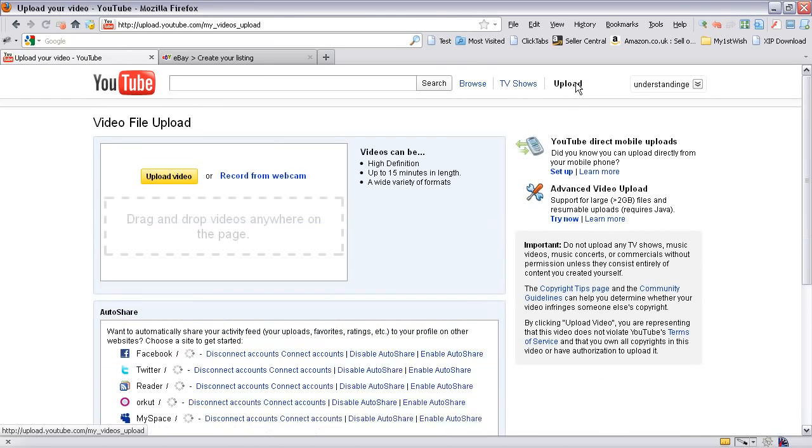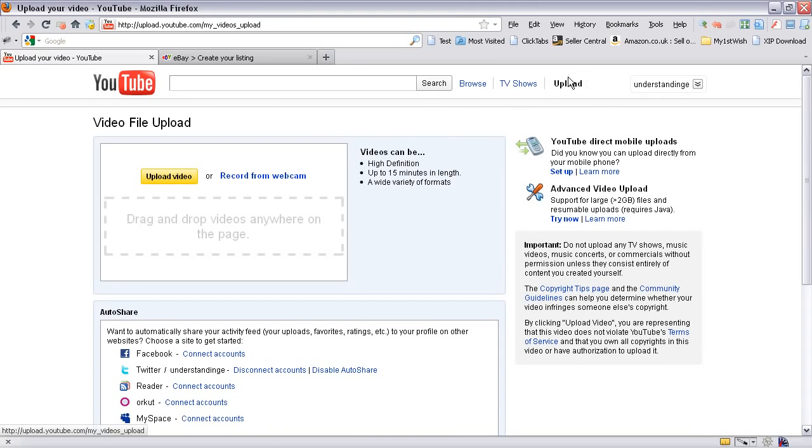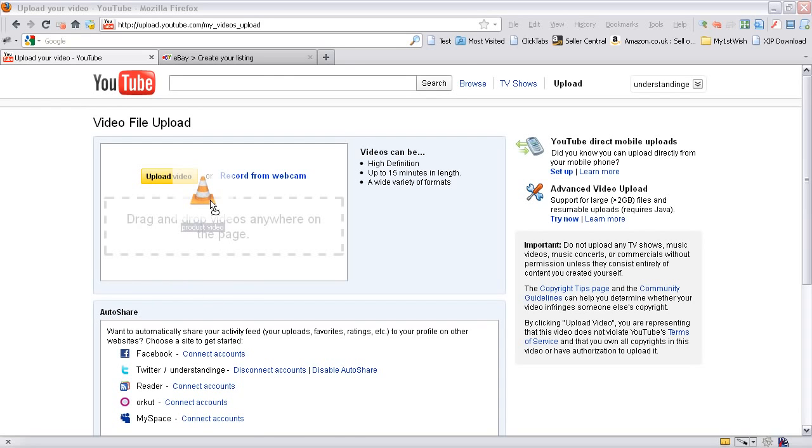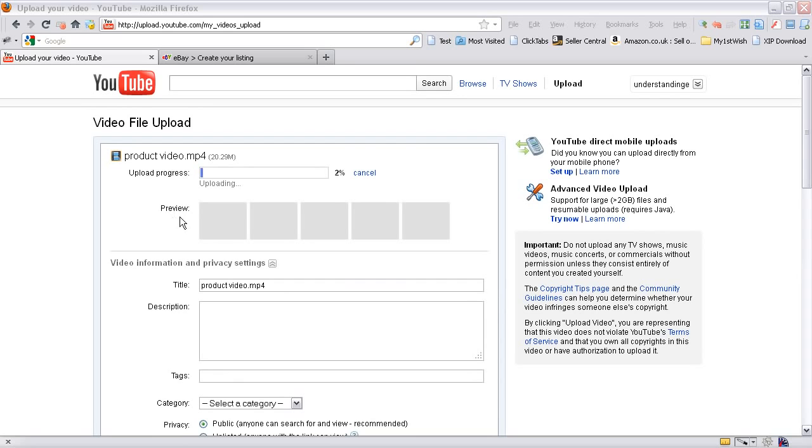So I'm going to click the upload button along the top. Now I've got two options. I can either drag and drop a video file here, or I can hit the upload button. What I'm going to do, I've created a really awful product video, but it suits the purpose of our example. I'm just going to drag and drop it on here, and it'll take a few moments